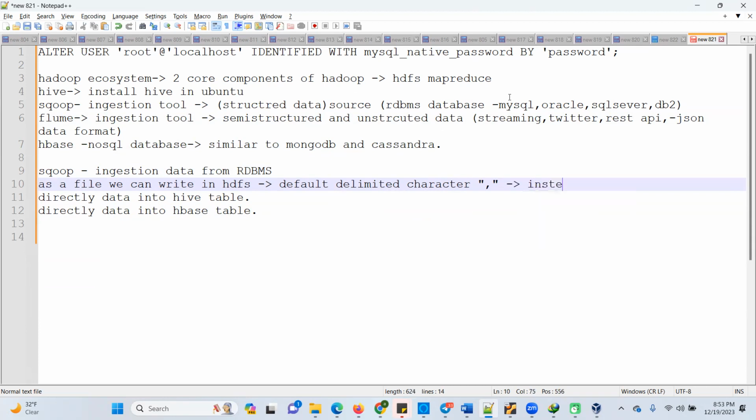Instead of comma, you want to say like I want dollar, right? So there is one property where you can change any delimiter character, like dollar or 5, anything you want as the separator character. Okay. And directly data into Hive, so this will be writing data into Hive table, because the Hive table is having